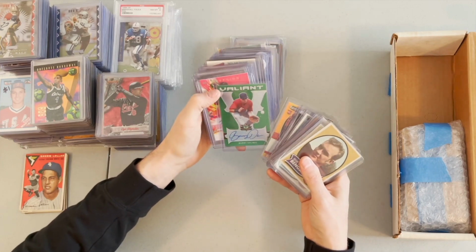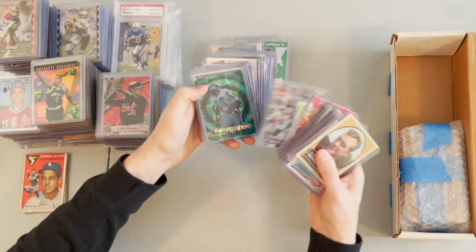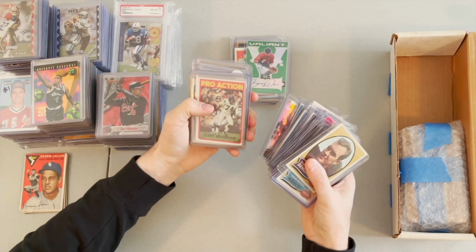Some autographs. Here's a card I wasn't sure what this was worth. Bobby Dalbec Leaf green autograph. I ended up looking that one up. More autographs. Joe Namath, and now some inserts. Second year Eddie Murray. More 70s stuff. I actually really like this stuff. This stuff's a little easier to make